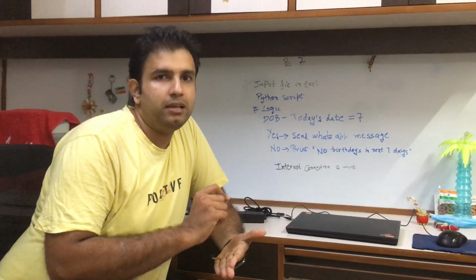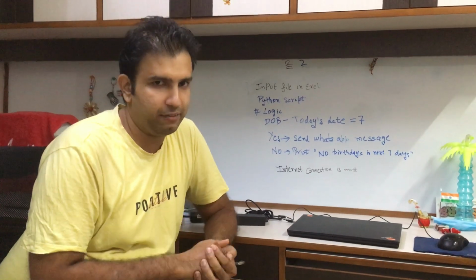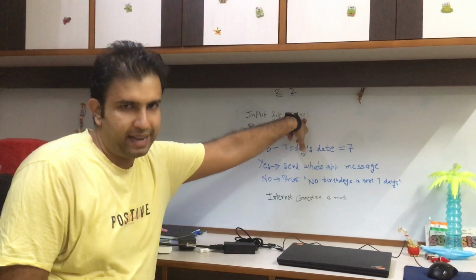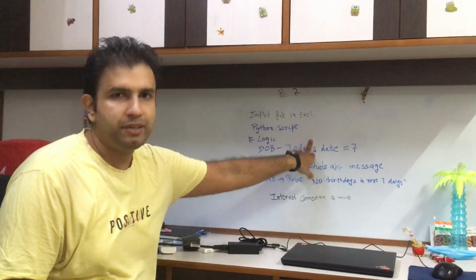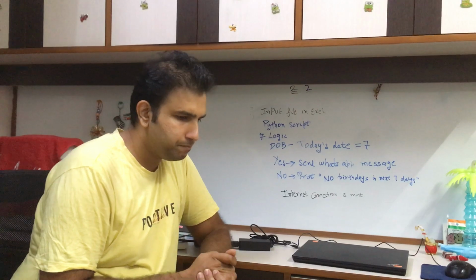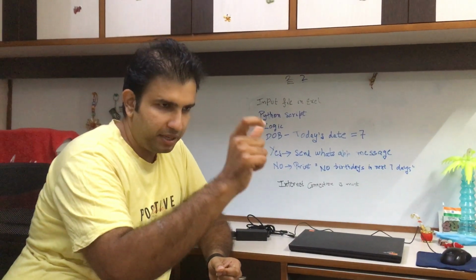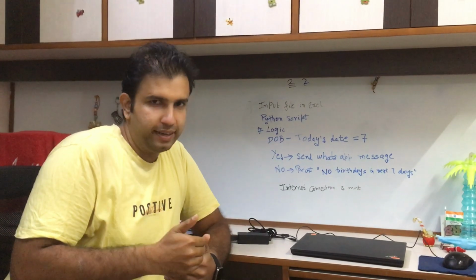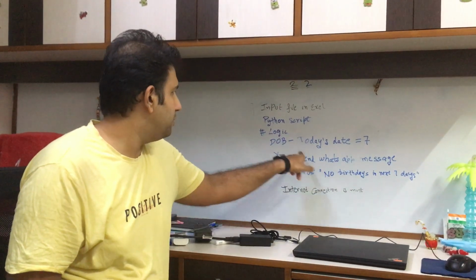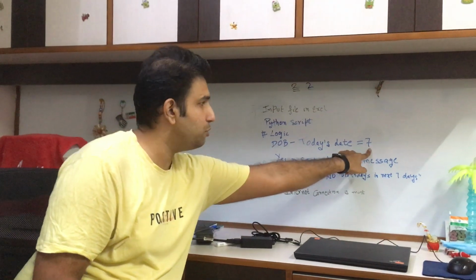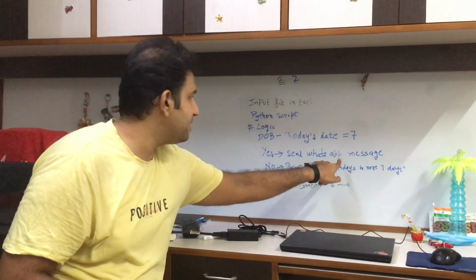Then I have prepared a script using the Python language. What this script will do is fetch the information from the Excel sheet. Then inside I have written one logic. What is the logic? The birth date of the customer minus today's date is equal to 7. If the birth date of the customer minus today's date is equal to 7 days, then it will send a WhatsApp